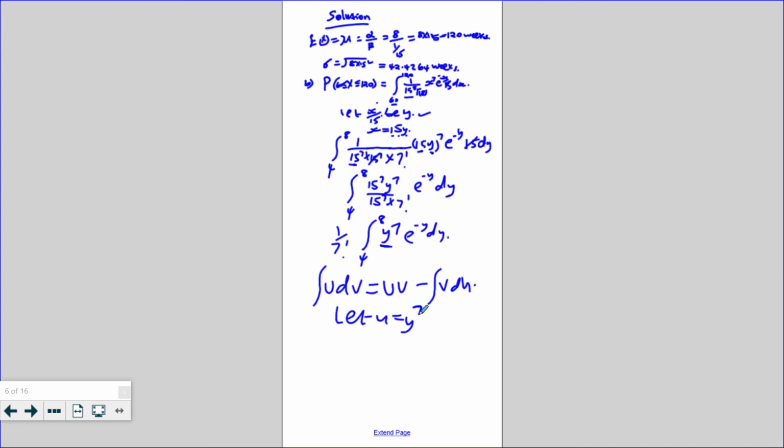Of course our dv will be equal to exponential to the power of negative y. When you find du out of dy, in the first case we obtain 7y to the power of 6, so we continue the process until we obtain a whole number. Going through the process you can find